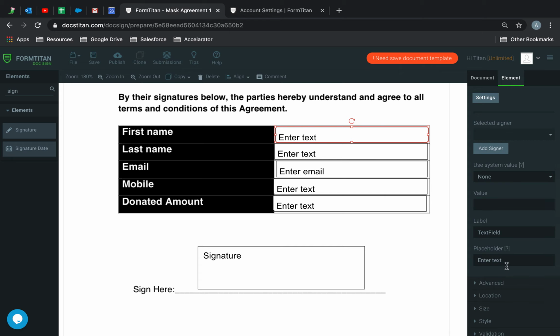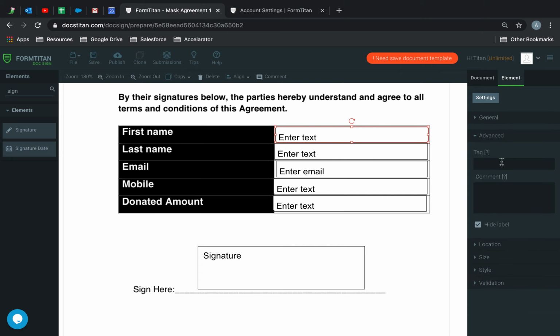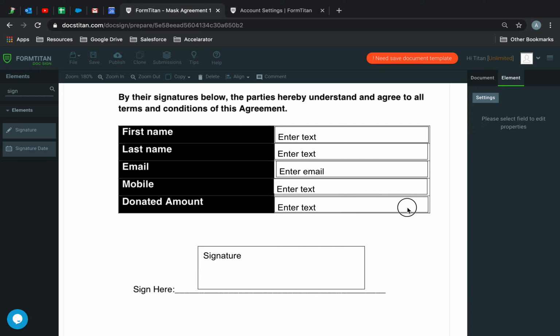So now I'm going to go ahead and tag these fields completely. So let's say advanced, let's tag, we'll call this first name, last name, email, mobile, and then donated amount. Now I'm going to show you something. So let's take this field donated amount. Validation, we'll use mask, okay? And then the mask I'm going to add is NNN, NNN, and then we'll do pound, and then we'll do